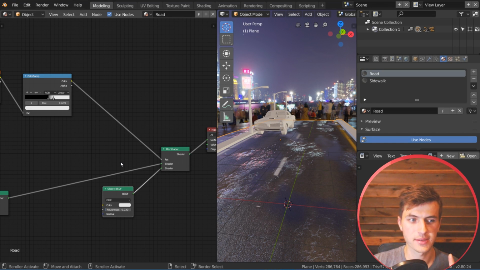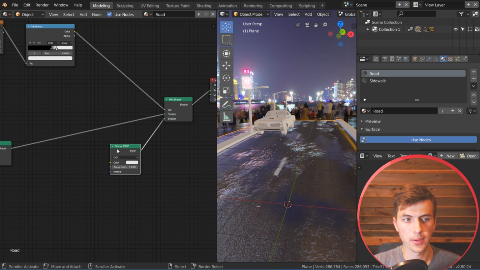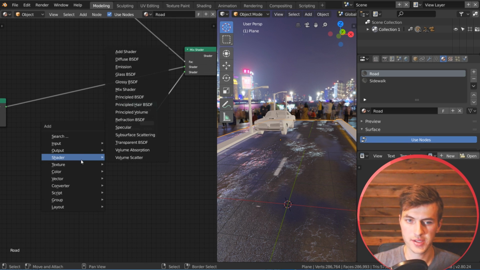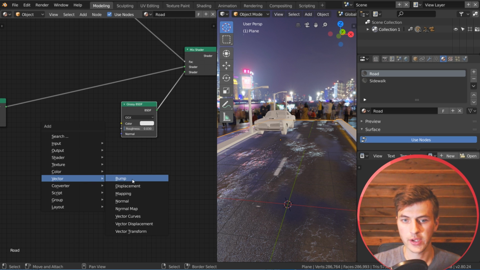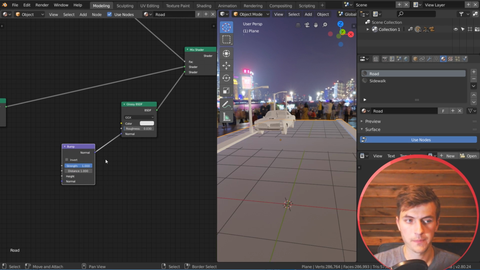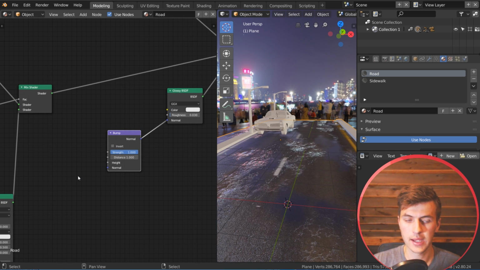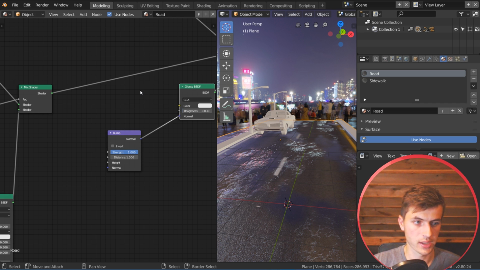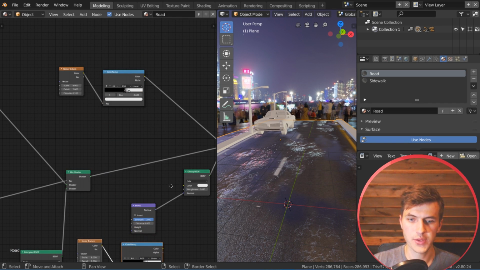And the last thing to make this look even more cool is going to be to add a little bit of bump to our puddle. So to do this, it's just that converter bump node that we've already used a few times. Just go ahead and add in vector bump. Connect the normal to the normal on your glossy shader. And then I'm going to go ahead and add in a color ramp and a noise texture, just like we've been using. In fact, I'm going to steal these two, because I've been stealing them for this whole material,